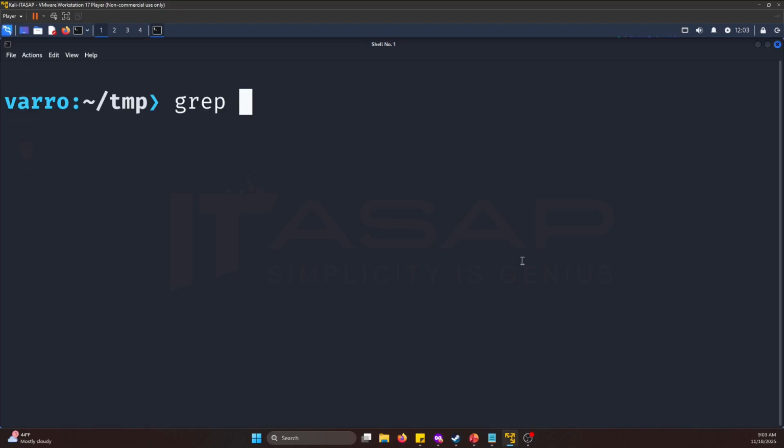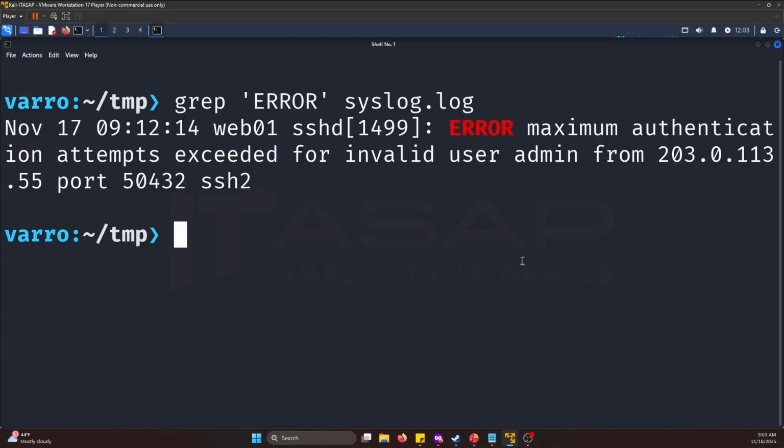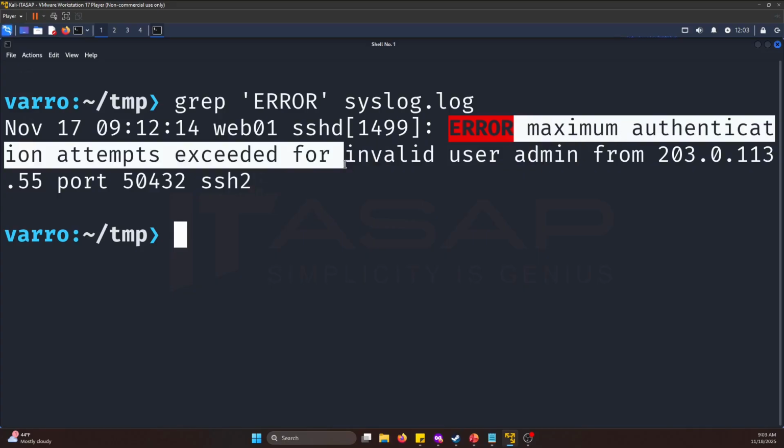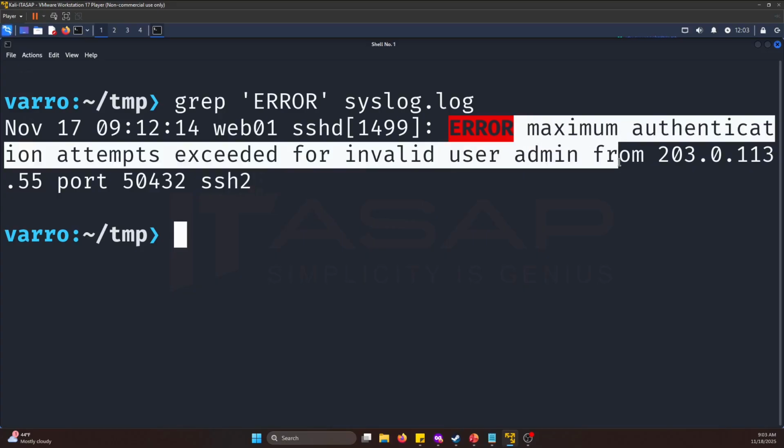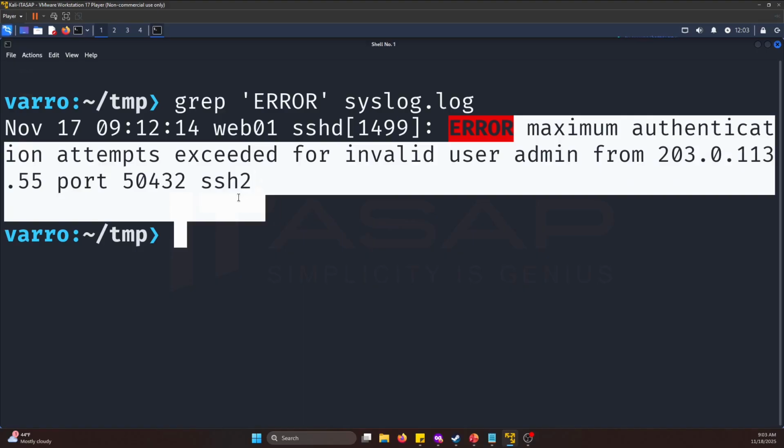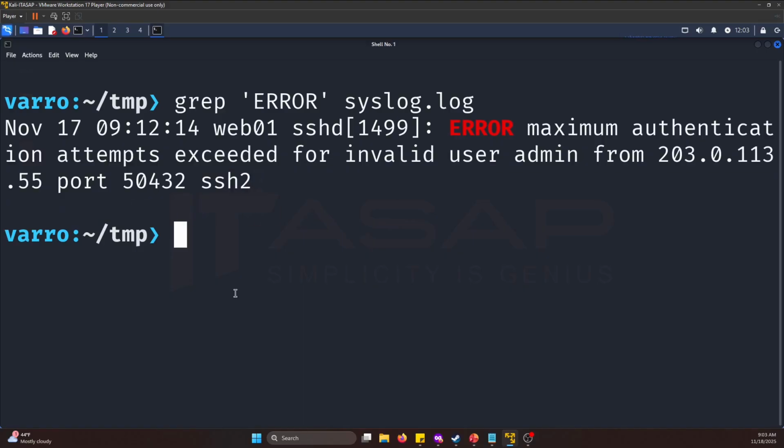grep error syslog.log. Let's see what this says. Error, max authentication attempts exceeded for invalid user admin from that IP, that port. Okay, I think I know what's going on here, but let's take a look at the event logs that occurred